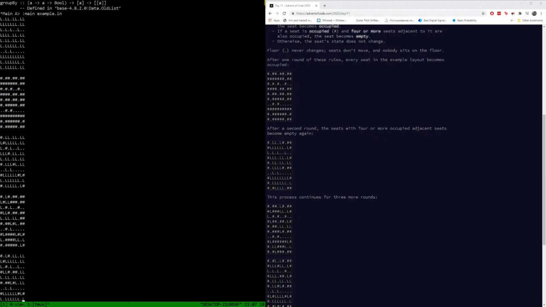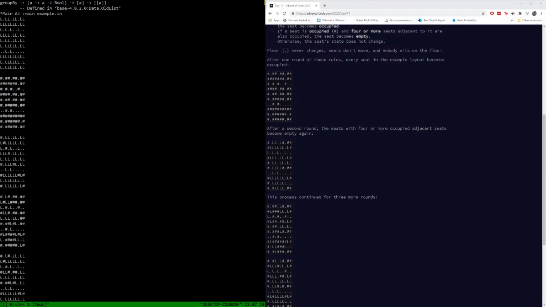In the example, only on the edges seats were staying occupied, but here for some reason we have diagonal, which is quite interesting pattern. Yeah, some on the edges, but